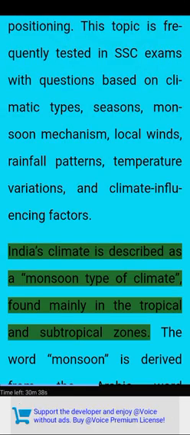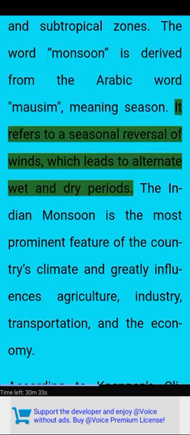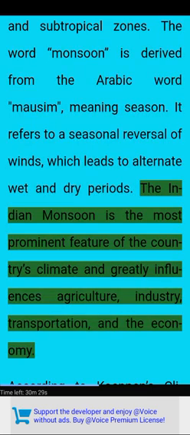India's climate is described as a monsoon type of climate, found mainly in the tropical and subtropical zones. The word monsoon is derived from the Arabic word mausam, meaning season. It refers to a seasonal reversal of winds, which leads to alternate wet and dry periods. The Indian monsoon is the most prominent feature of the country's climate and greatly influences agriculture, industry, transportation, and the